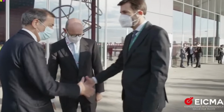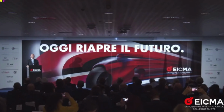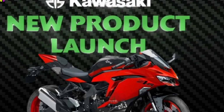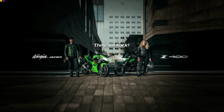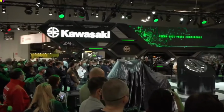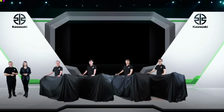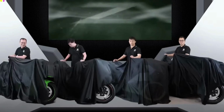Now, the Kawasaki Zx4R has been anticipated ever since then. As far as some of the specs go, it is astonishing. Kawasaki has released some figures and has held back others. Now let's talk about the thing that everybody has been going crazy over, and that is the heart of the Zx4R. It is a liquid-cooled dual overhead cam 16 valve inline 4 displaying